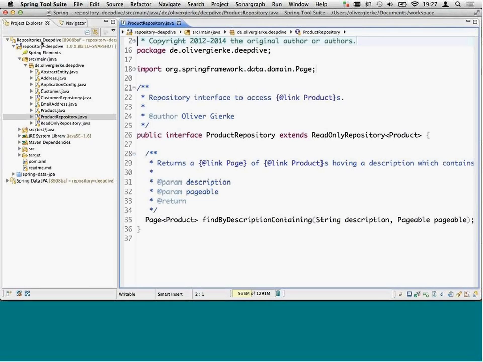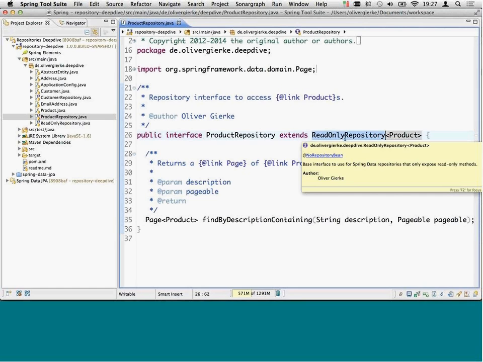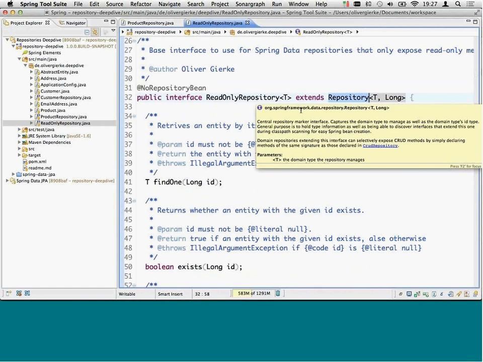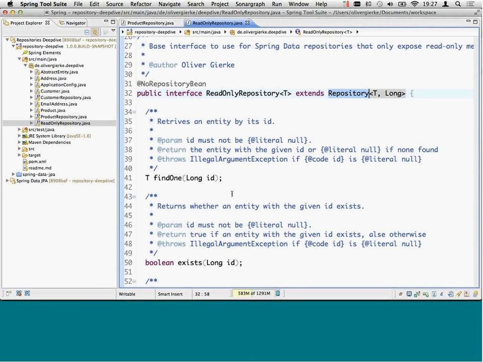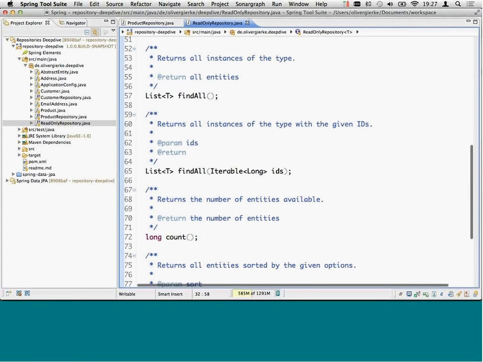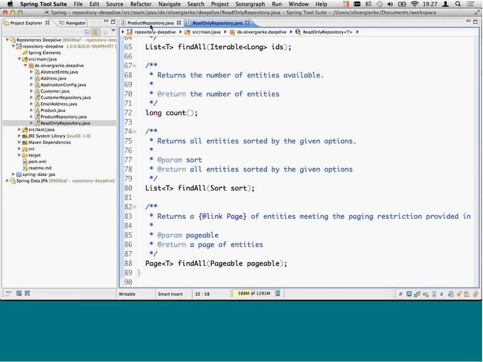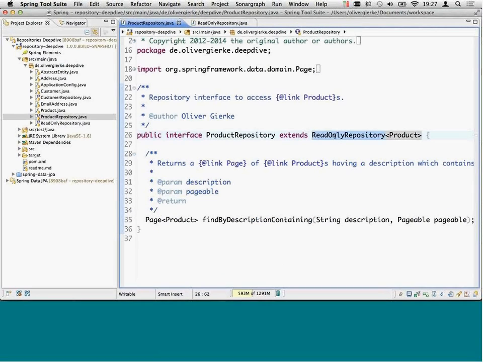And the ones that we provide out of the box have come out of a debate on which granularity we should expose those repository interfaces, balancing between the number of available repositories and the flexibility that you have, right? So what we do now is create for our application a special read-only repository interface that in turn extends our repository marker interface, and it contains all the reading methods that CrudRepository actually has. So it's effectively a copy of the declaration of the methods, and we can now use it as the base